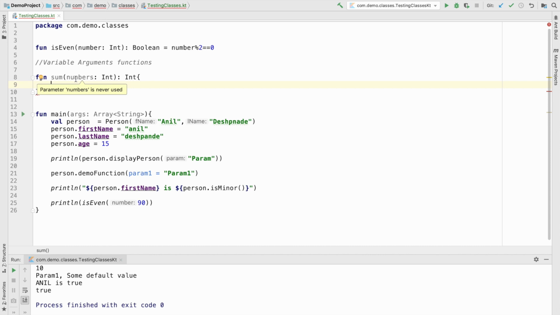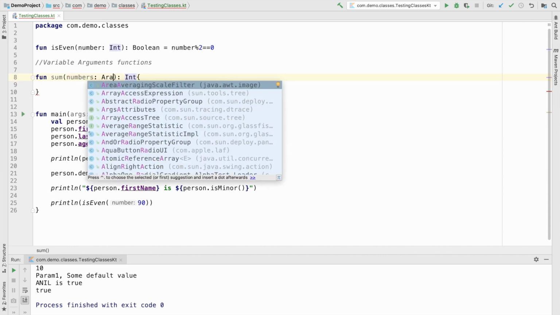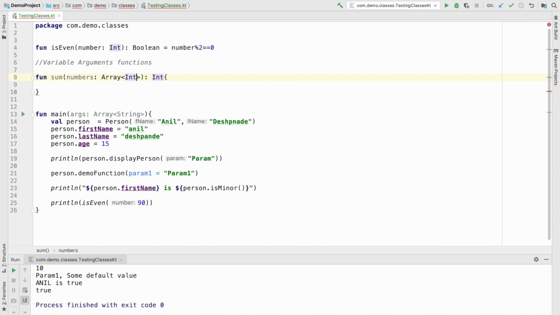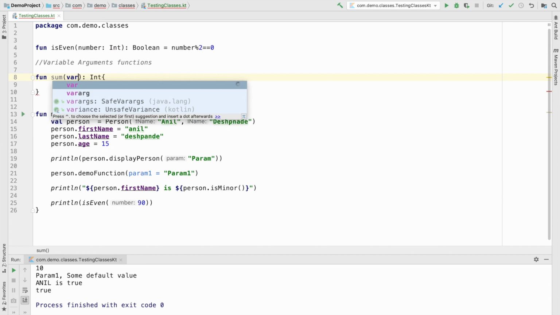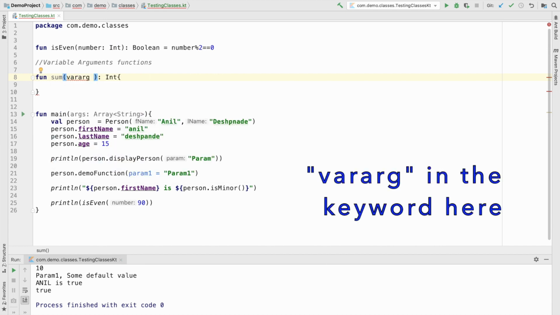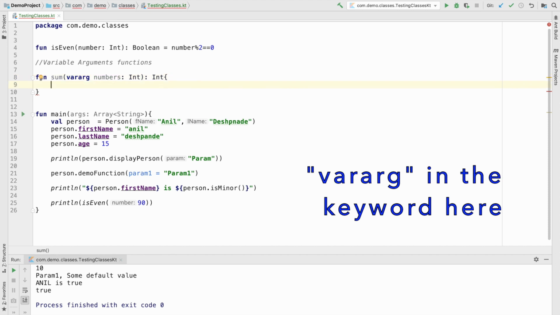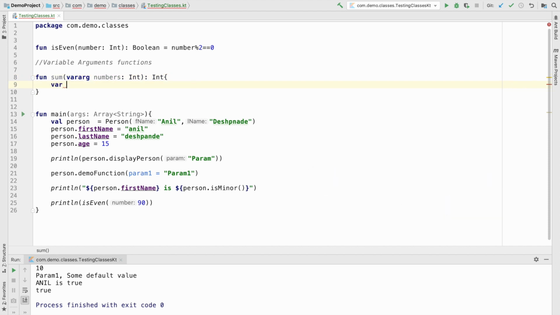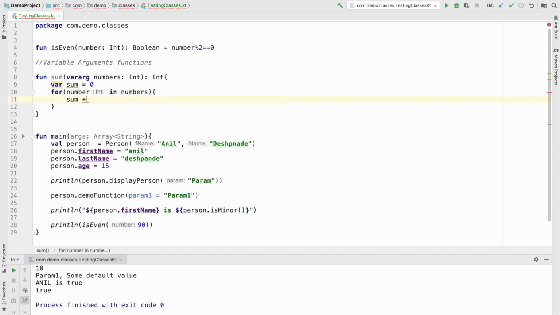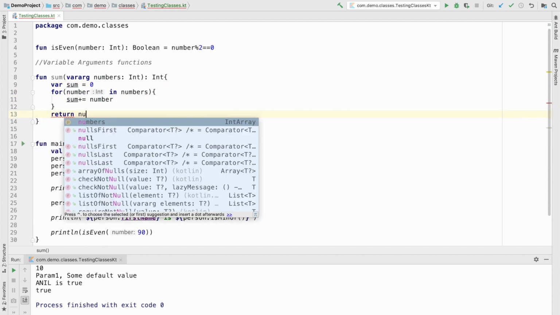Now this numbers is not just an Int, it is actually an array of integers. Instead of that, you write vararg numbers and then Int, and here you can write basic functionality to calculate the sum of all the numbers you pass in.